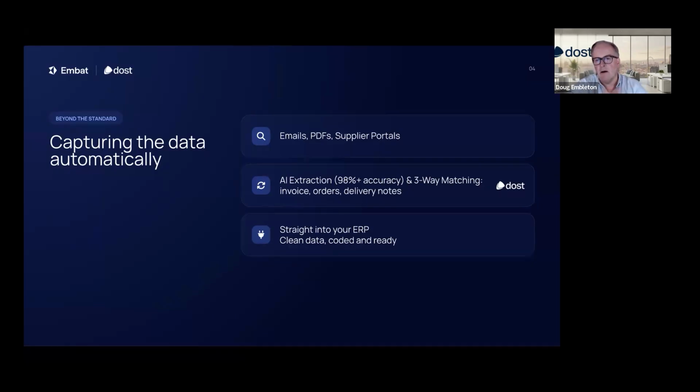So when our AI and the visual language model extracts, I'll give you an example: you could receive a utilities invoice for electric from a supplier, and typically you would extract the standard information. But when you use a VLM, you can actually read the MPAN numbers.